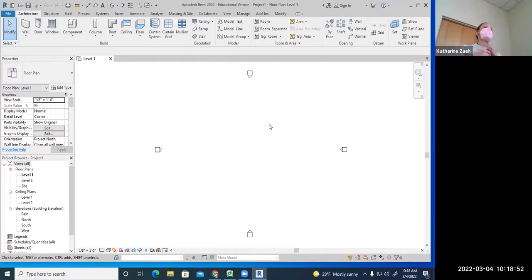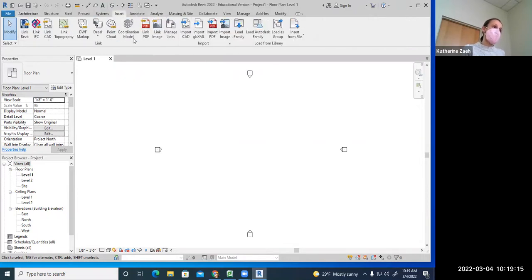So I can put in room tags that explain what the room name is, the area of it. I might put on notes for what something is specifically. I can put on different tags for furniture. I can put on patterns to represent different flooring. So that all falls under the annotation category. But to start off with, I'm going to go to Insert. And